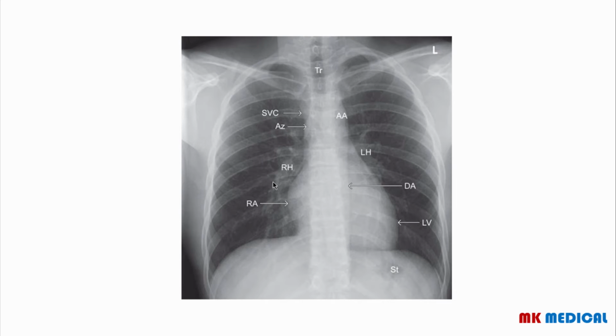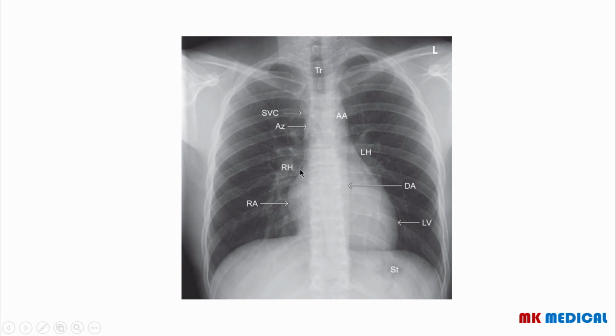So here is one now without anything superimposed, but I also have the labels shown on it. As you can see, you have the trachea over there, you have the superior vena cava coming down there, you have the azygous vein over there, you have the ascending aorta, or the aortic arch over here. The ascending aorta will be ascending in this manner, then it arches there. You have the descending aorta descending there, you have the right atrium over there, you have the left ventricle over